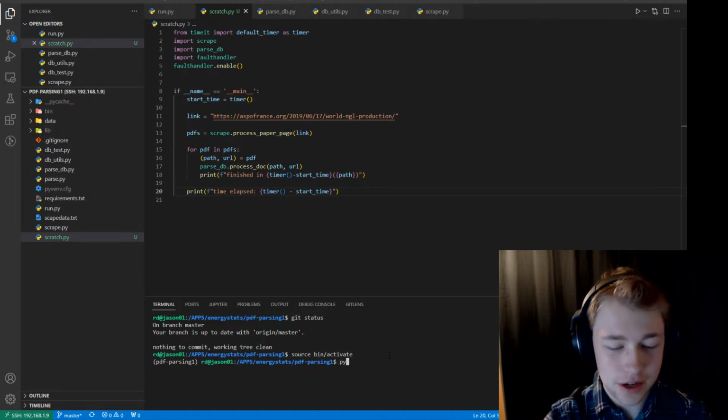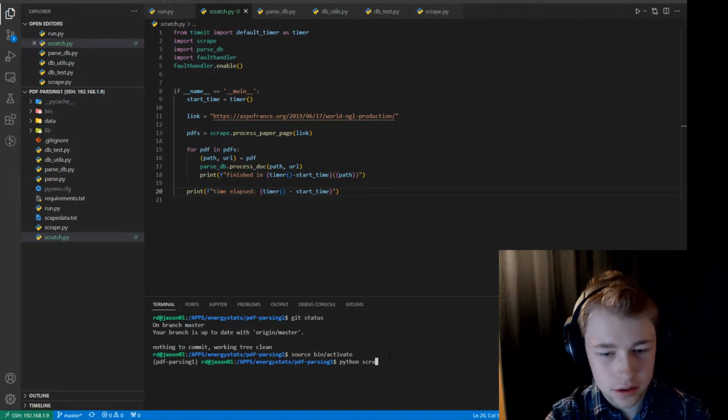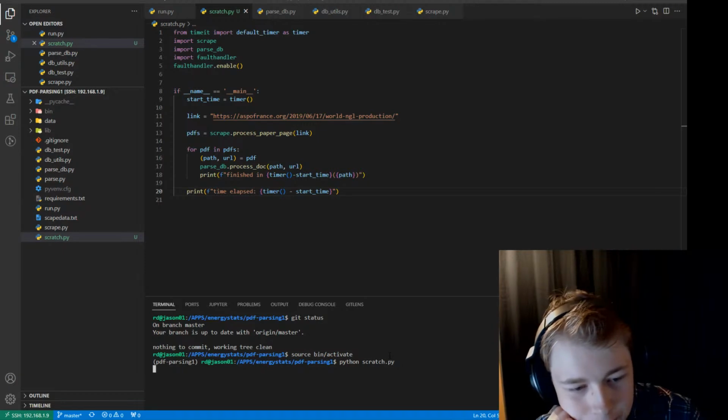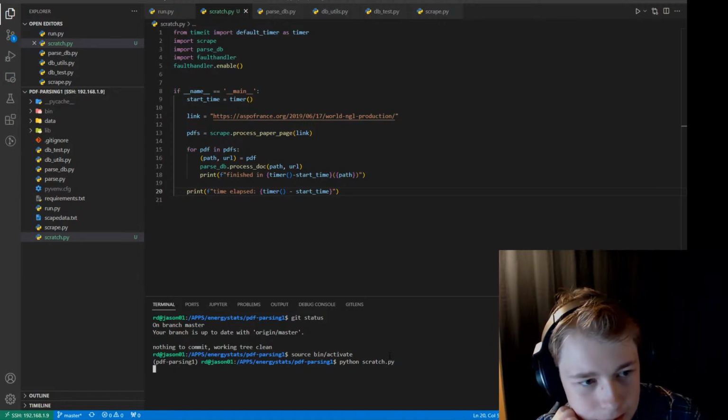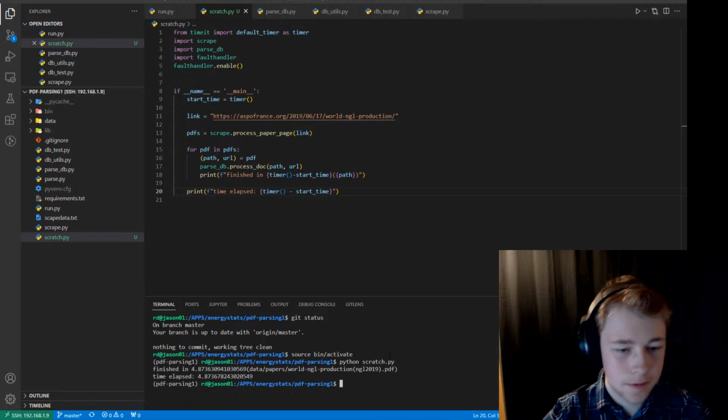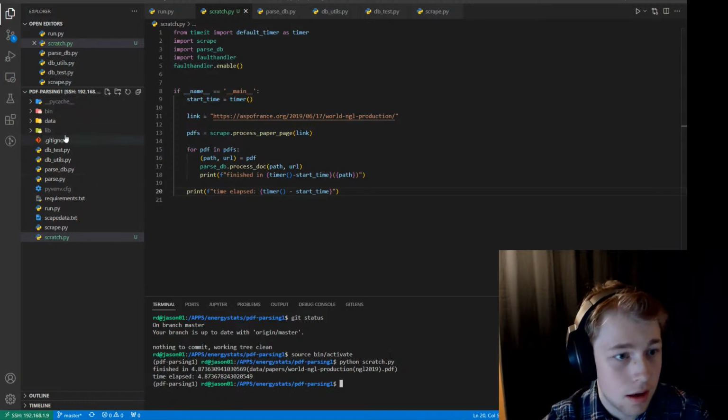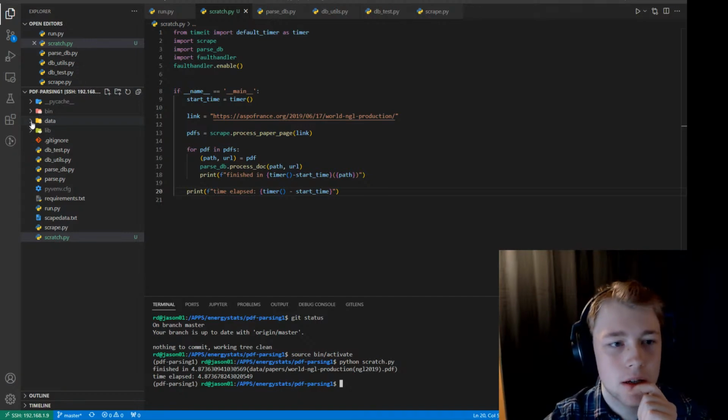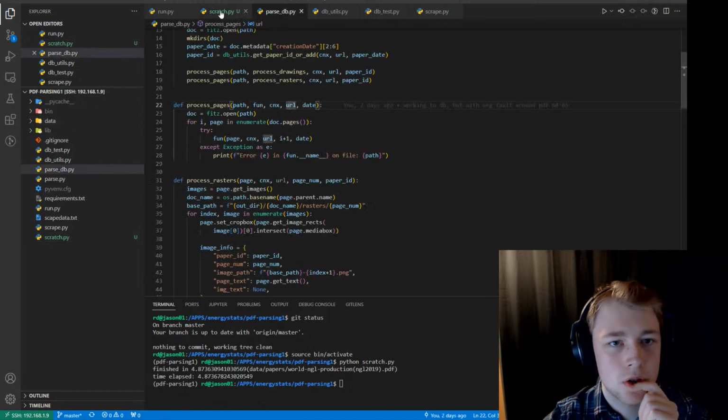so now we just want python scratch.py. So let's see if that works. I've just realised it's going to be... Yes, that doesn't matter. I should change the